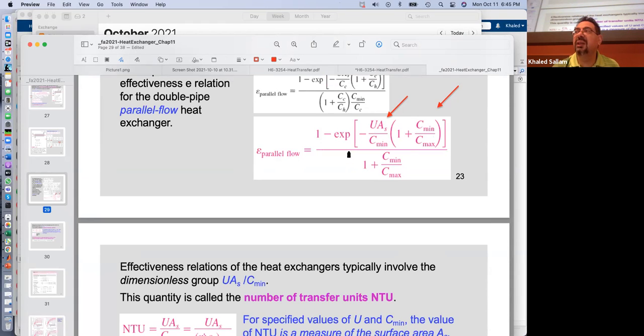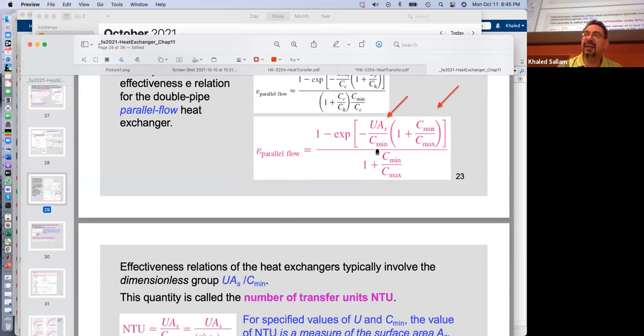What's 1 over infinity? 0. So this becomes 1 minus 0 as UA becomes infinity. Makes sense. And by infinity I mean like 10. It doesn't have to go to even thousands. If UA becomes bigger and bigger,